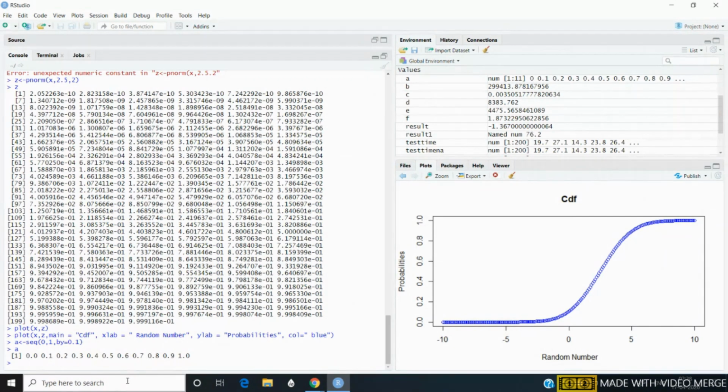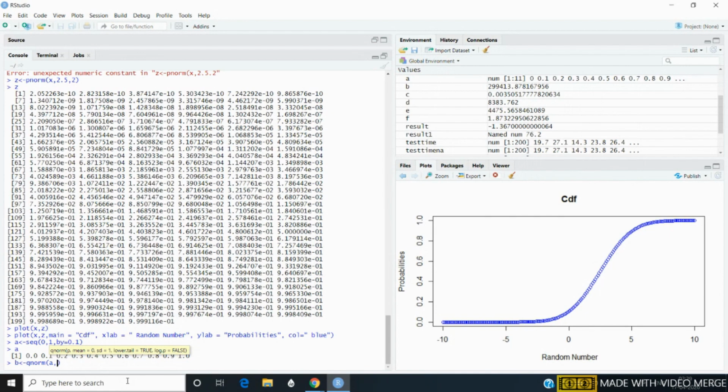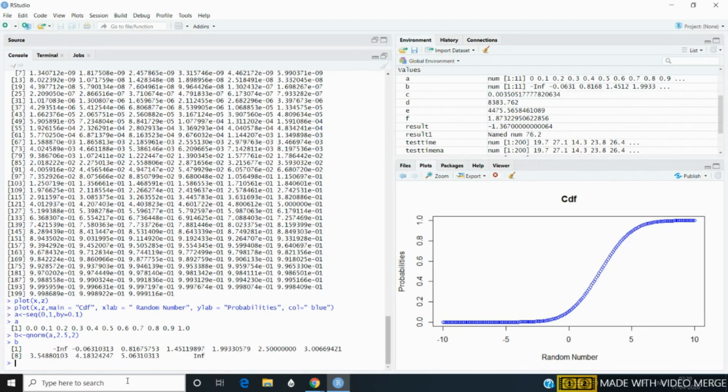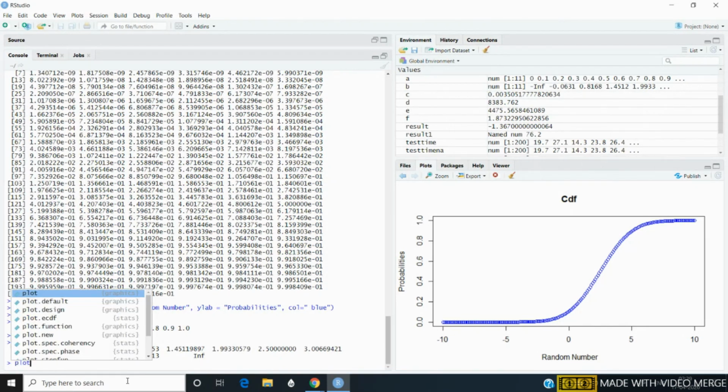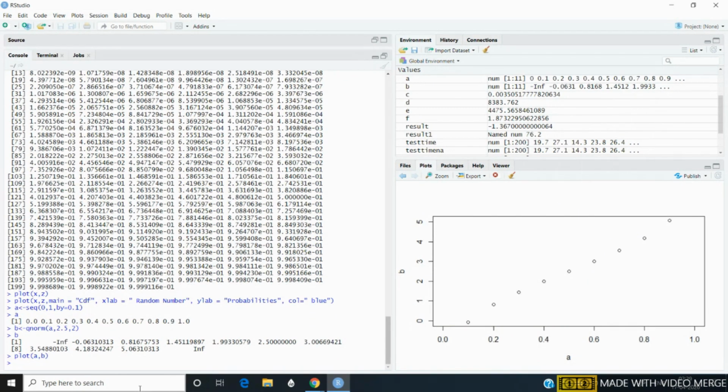Okay, so I am assigning a variable b, then qnorm. In qnorm I have for each value of a, in case of normal distribution with mean 2.5 and standard deviation 2, I have to find the random numbers with respect to the probabilities. Okay, so I print. Now plot it, for each value of the probability. So I am taking probability on x-axis and the values on y-axis. So a comma b.